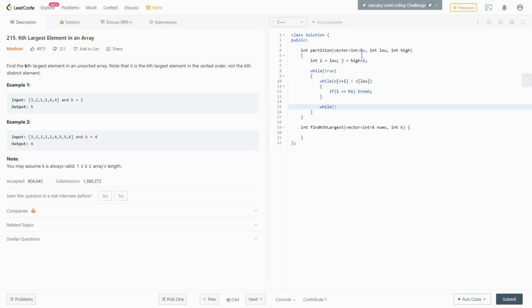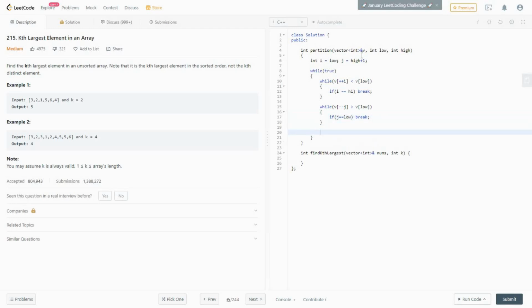Similarly, while v of j is greater than v of low, I'll just keep on decreasing j, but if j becomes equal to low, then I need to break, because we don't want j to go to the left of our chosen pivot element.